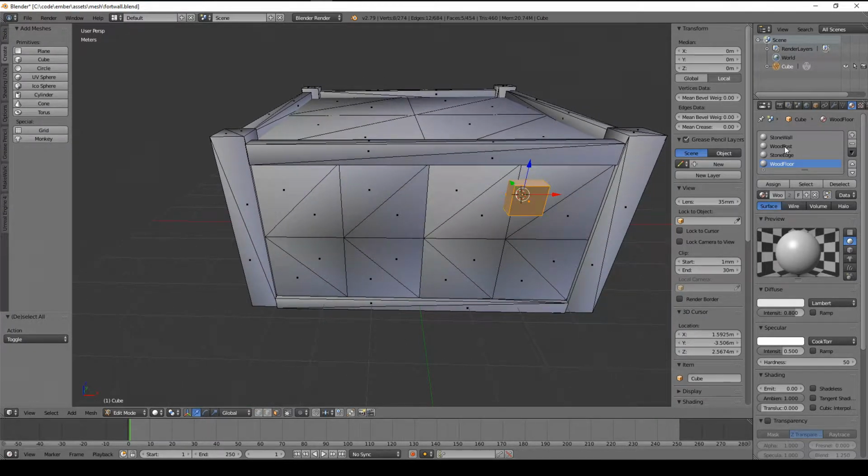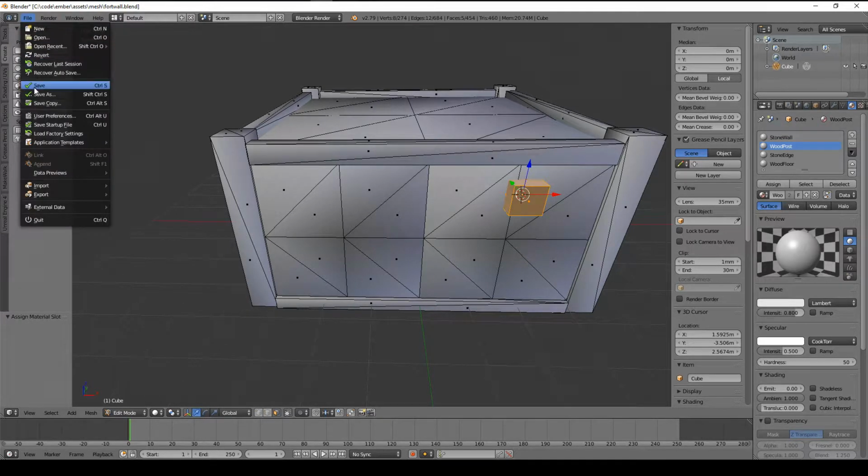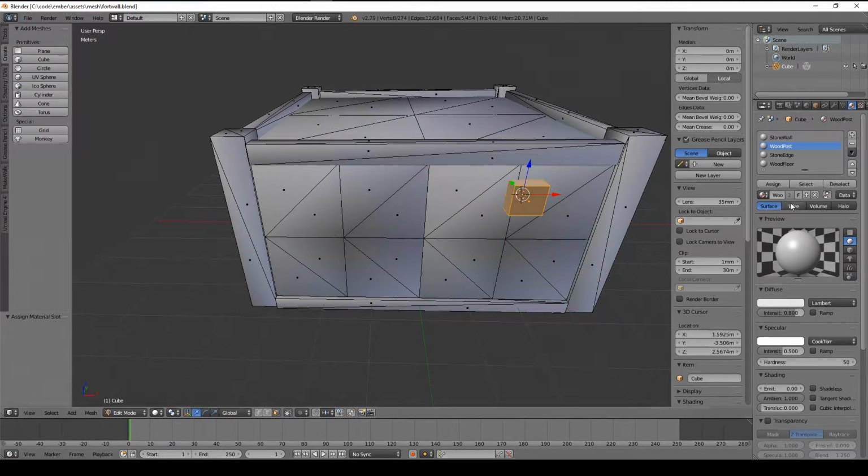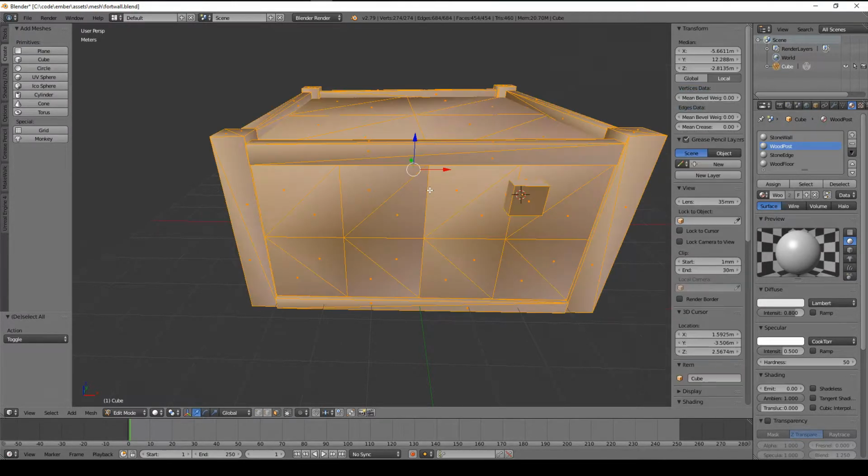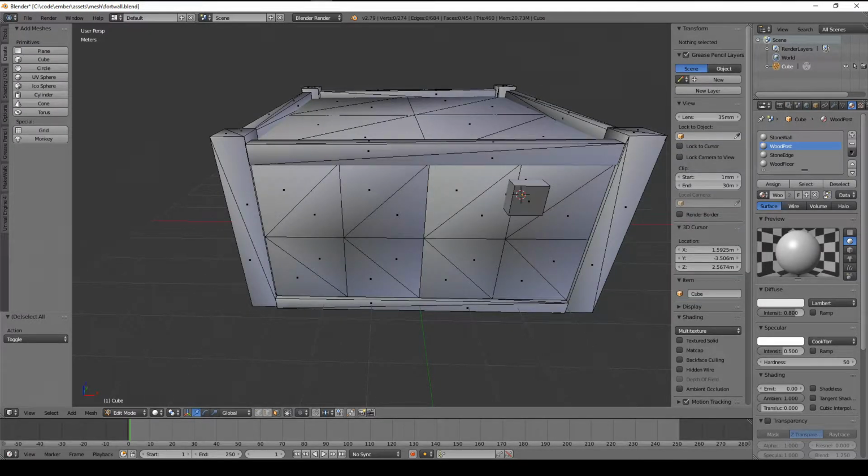I'm going to go to my wood post. Okay, that's the same as this. And I'm going to click assign. Okay, so now we definitely have assigned everything. And the way you can check it is, if you go over here, you hit A a couple times, deselect everything. What you can do is you can check your work by saying, click on the stone wall and say